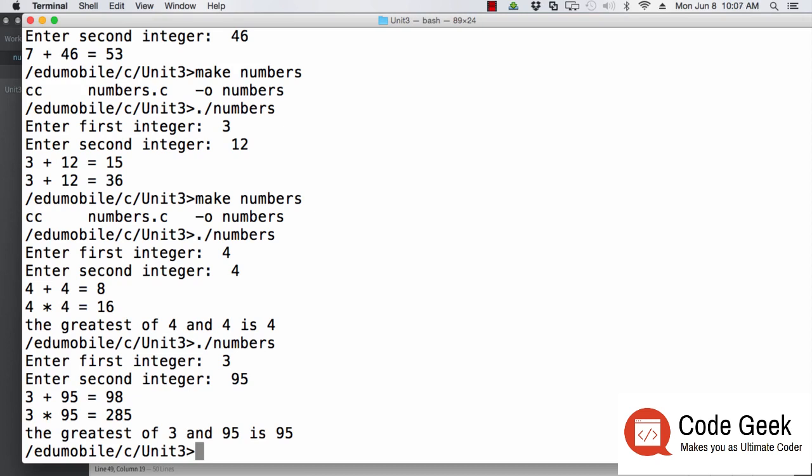And of course, you should run this one more time with the greater of the two numbers being the first number, but I'll leave that